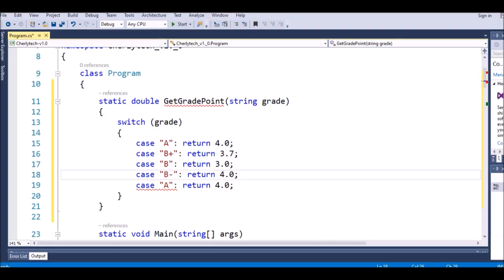For the B minus we use 2.7, and the next we will have the C, right? C plus. For the C plus we use 2.3,